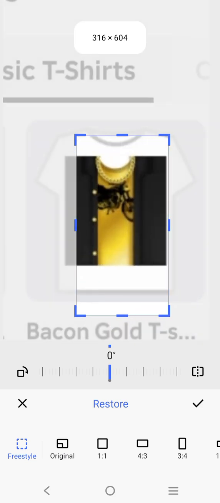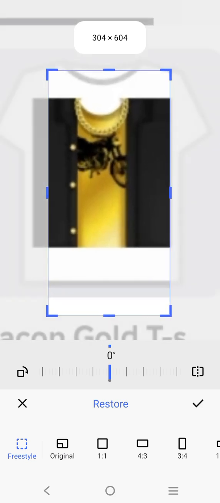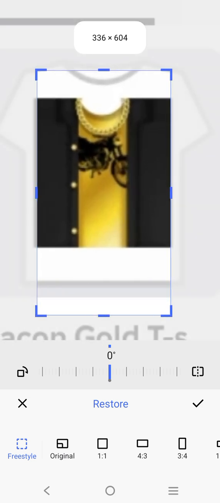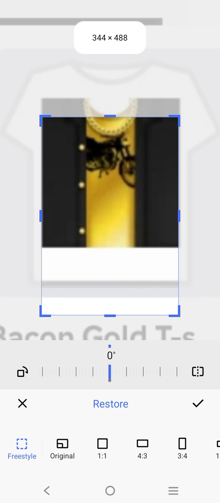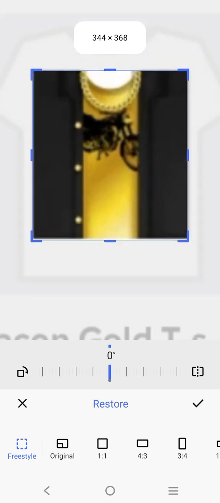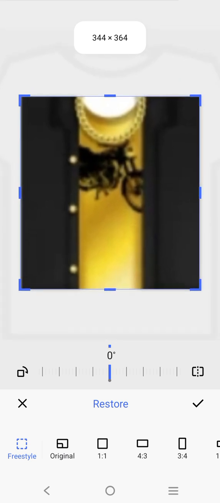Oops. Make sure there's no white in it. Make sure there's no white so it can't be ruined, and then press accept, check,